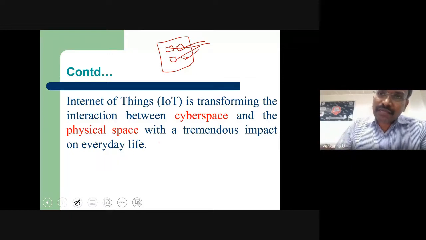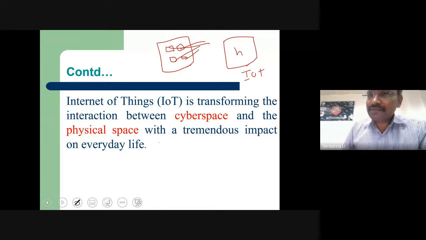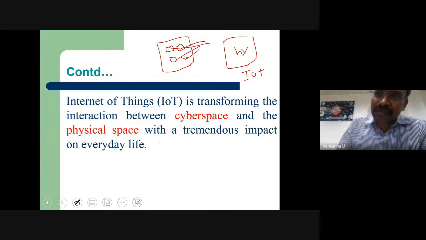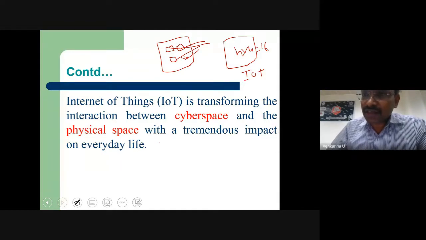But in the same home scenario, if I try to bring in the IoT context, you may have n number of things. Maybe I can say that four times as many things will be available to connect to the internet. For example, your smartwatch is going to connect to the internet. Your fridge is going to connect to the internet. Your AC is going to connect to the internet in the coming days. Now it looks fun. Is it possible or not? But in the coming days, yes, it is possible.